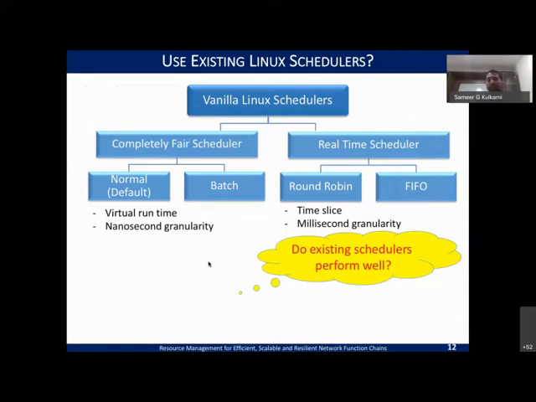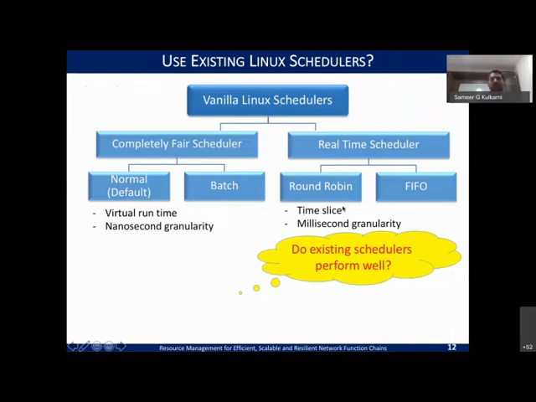And in terms of real time, you have a couple more classes like round robin or FIFO, where they run on a strict time slice. So you define a time slice and you run those tasks for that time slice unless they yield. And they run on a millisecond granularity, because you want to avoid the overhead of context switches. Although you may have some, you have interactivity and IO, but you will get a good churn when you deploy these tasks in a round robin or a FIFO manner, right?